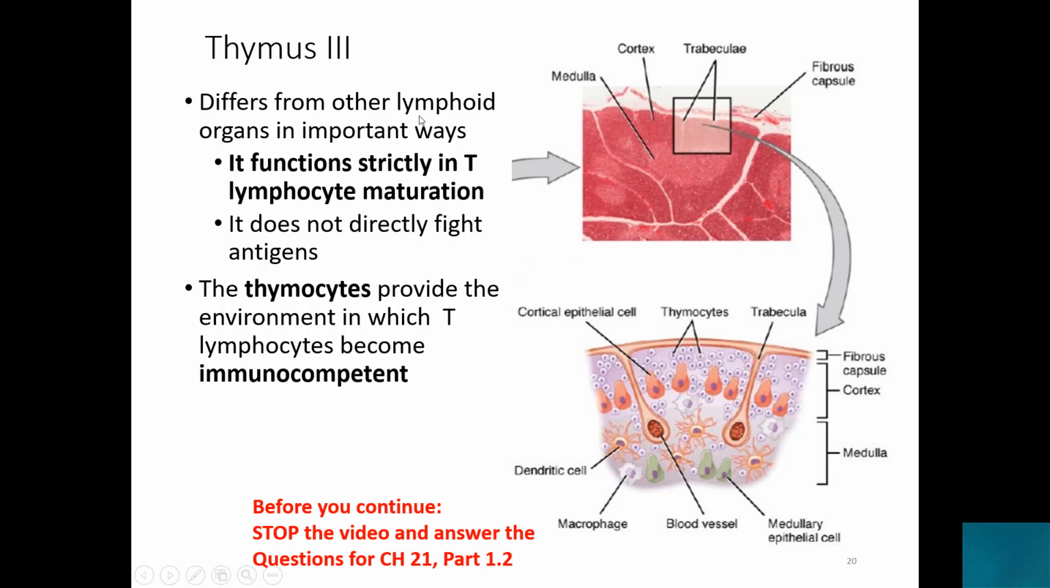The thymus is different from other lymphoid organs in several ways. First of all, its main function is maturation of T cells. And the thymus itself does not fight antigens. It just provides soldiers, T cells, to fight antigens later, when they are released from it. So the thymocytes inside the thymus, here they are in the cortex, provide the environment in which T lymphocytes become immunocompetent. We will talk much more about T lymphocytes, how they mature and how they become immunocompetent,